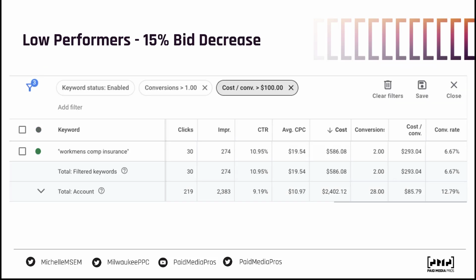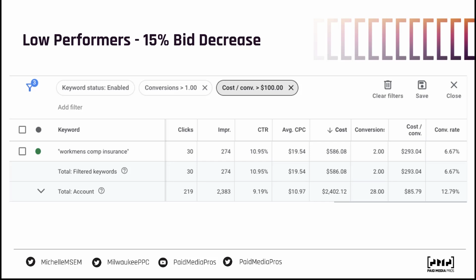Low performers, the filter is going to be the same, but we're going to find keywords with a cost per conversion over our $100 target. Here we've got one keyword, it's got 2 conversions, but the cost per conversion is at $293. Since we're a little bit over the range that I would like to be, we're going to give a 15% bid decrease. If we were maybe closer to $193 cost per conversion, maybe I'll give a 10% bid decrease,